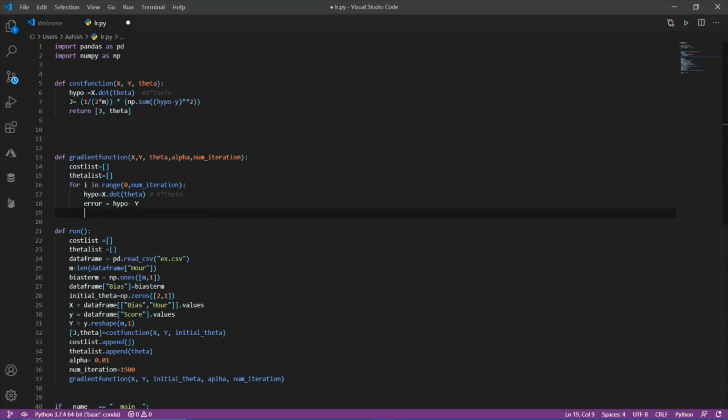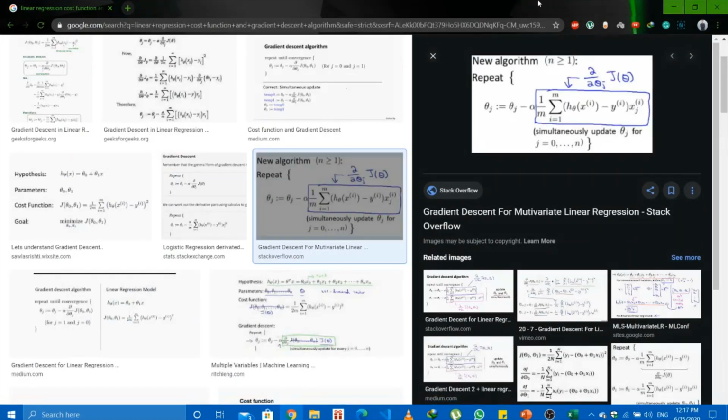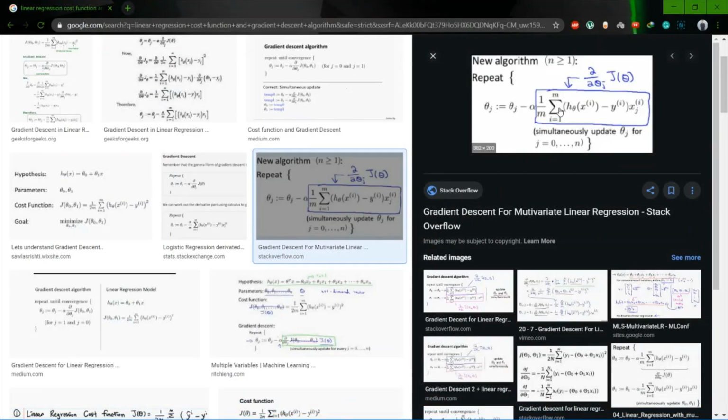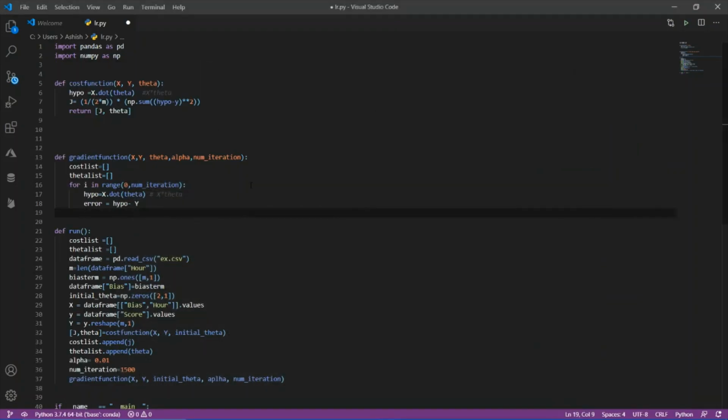Similarly, we need to do summation over here from 1 to m for this error and x. So let's do that also. Summation equals np dot x transpose multiply error.